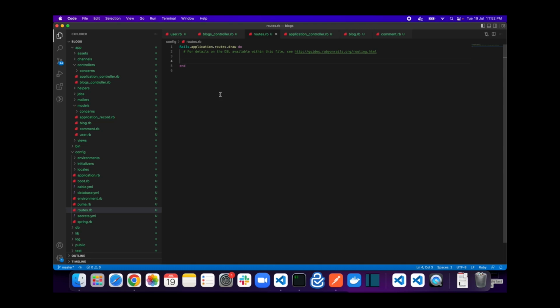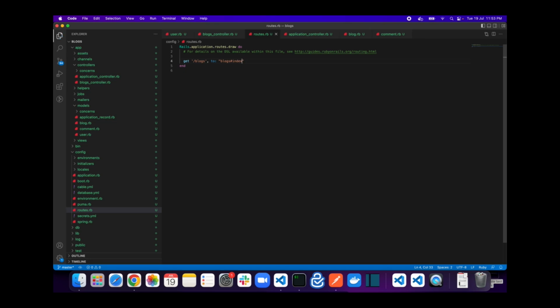So let's define this route. First of all, it will be a GET request, followed by the URL pattern, which is blogs in our case. And lastly, we need to tell Rails which controller's action will be responsible for this request. In our case, it is blogs